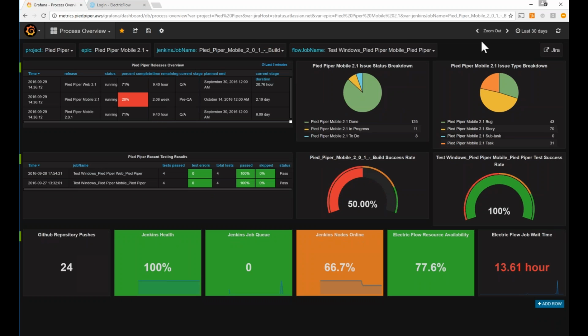We can see that the metrics presented in the rightmost widget of row 1 are updated to show Mobile 2.1 Epic project information, and metrics in row 2 are updated. In row 2, the first widget here on the left is providing us the most recent test results for our Pied Piper mobile app. It's an easy means of identifying recent failures as well as how many tests were run and